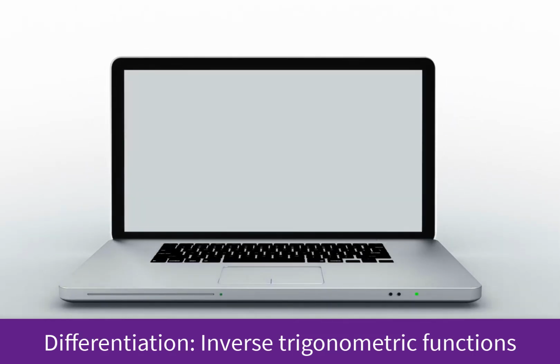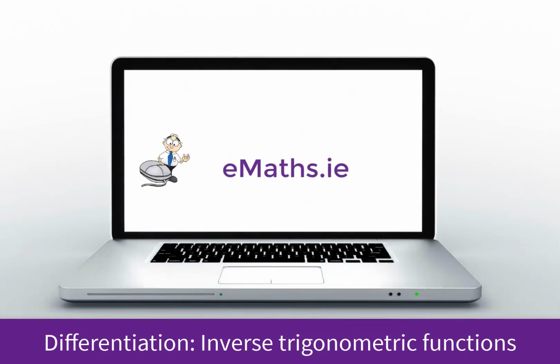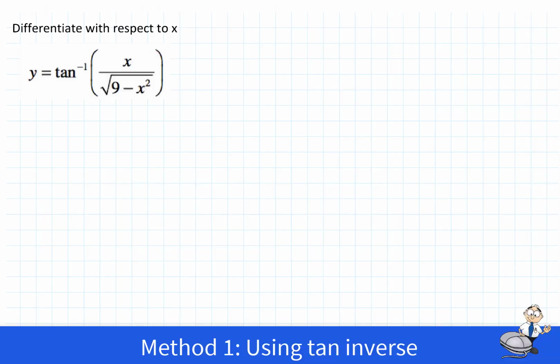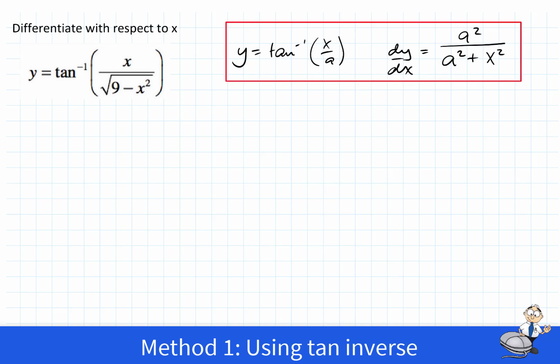This video looks at two methods for differentiation of inverse trigonometric functions. We're asked to differentiate y equals tan inverse x over the square root of 9 minus x squared. I'm going to show the first method using the tan inverse formula that's given in the log tables. This, however, turns out to be quite complicated and long-winded, so I'm going to show you an easier way in